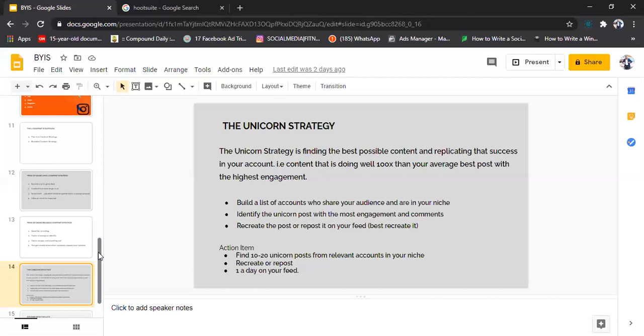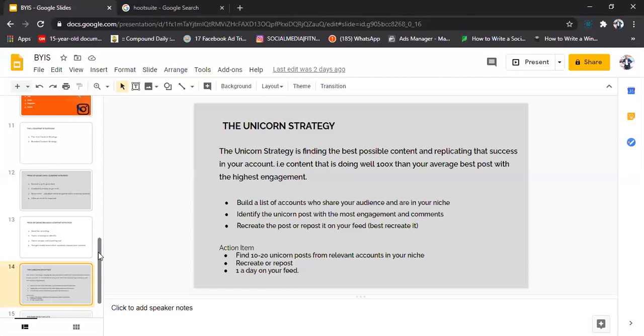It is the easiest way for you to get content. All right, unicorn strategy. Do not stress about content. Honestly, if you really follow this unicorn strategy, you will not be stranded about content. There is nothing new. If Founder is doing it, who are you not to do it? So look for content that is doing very great, recreate it, post it. There is no harm in it. Like I said earlier on, there is nothing new under the sun. There is no need to reinvent the wheel.